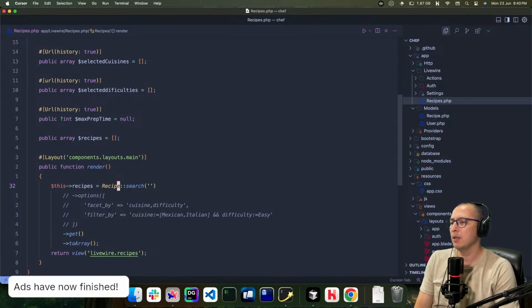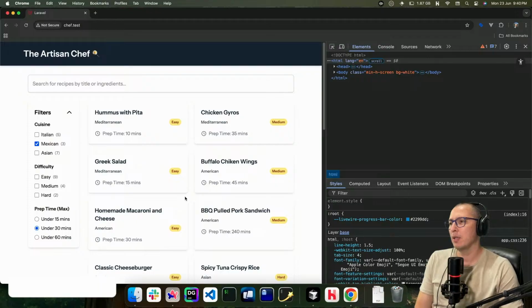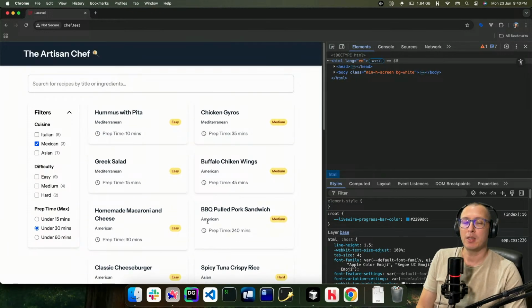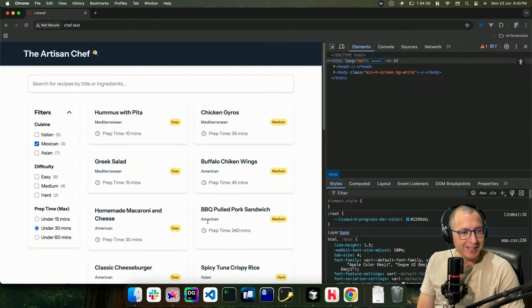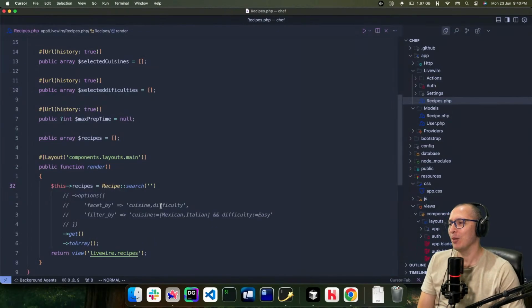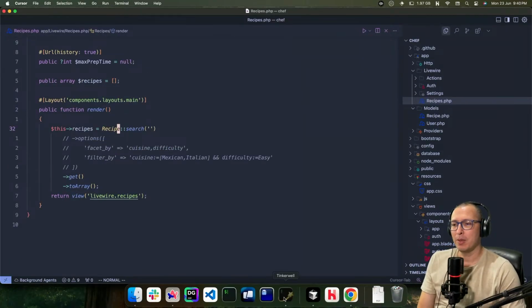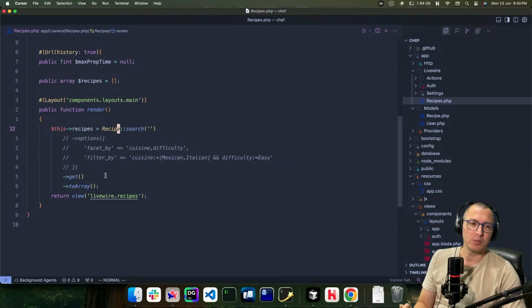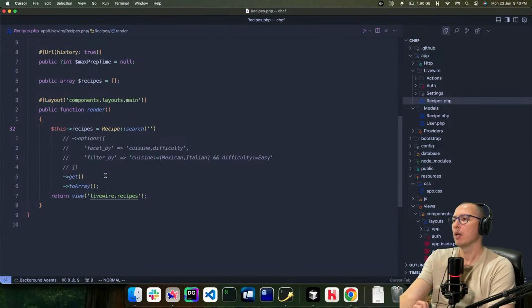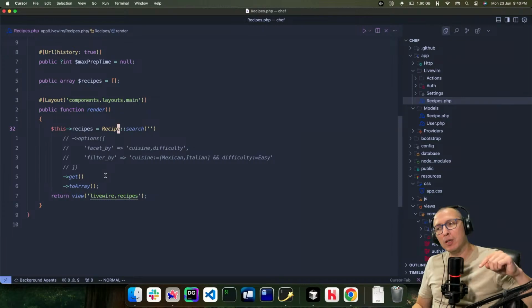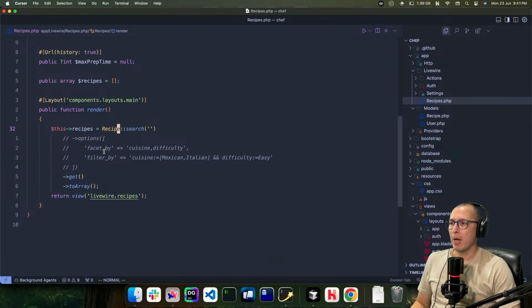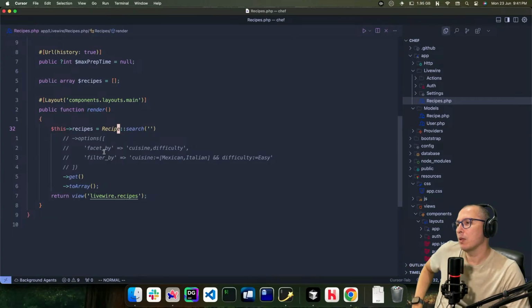So basically, we have a list of recipes now. Everything in this list is coming from Typesense. So all I'm doing is I copied the code that we tested last time and just removed the options for now. We're gonna work on the options later, so that when we click on one of those filters or type in the search bar, then we pass an array of options with what we desire to filter.